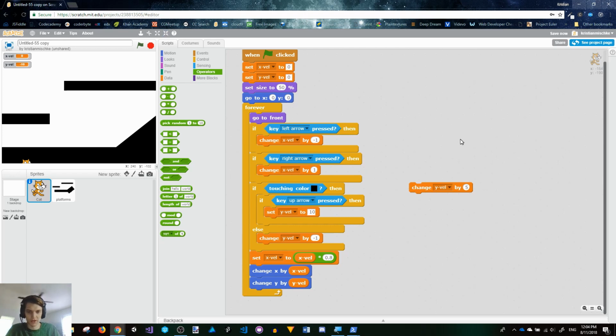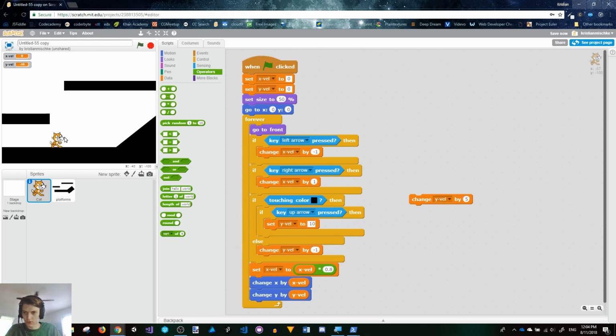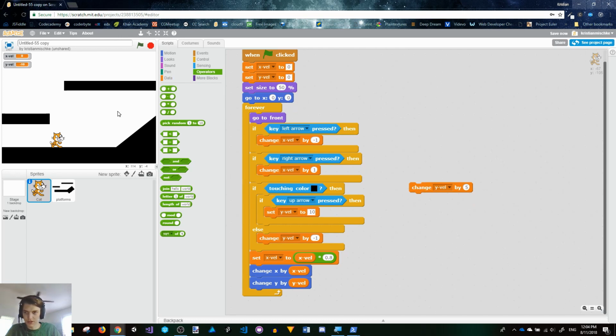It's not that great. Or falling through the ceiling, I guess. So for touching black, this is what we do. We wait, otherwise we change y velocity by -1. Okay, so the question is, why is it still going down when he's here? It's because the y velocity was negative as he was falling down. He hits the black, nothing happens. So what we really want to do is like set it to 0